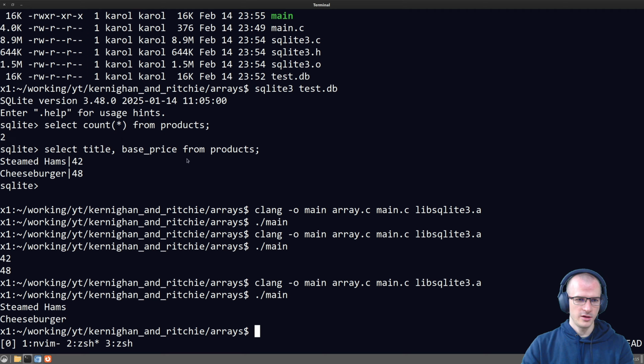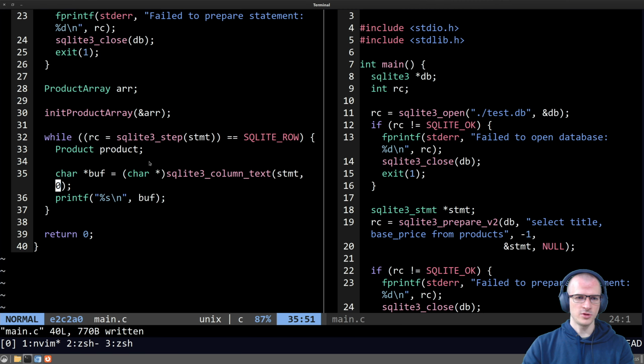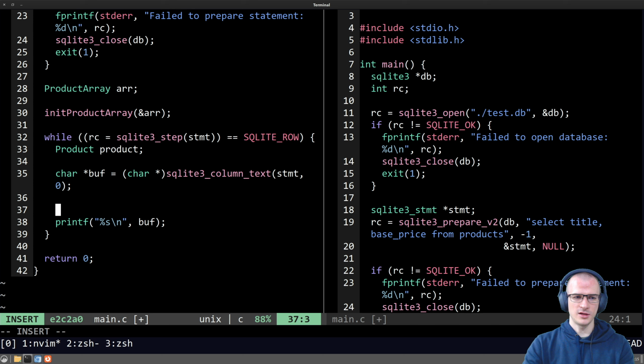So the operation returns a char pointer, and if we wanted to store it on this struct, we could try to do it like so. This is a naive approach. So we could just say the product's title equals buffer, and then